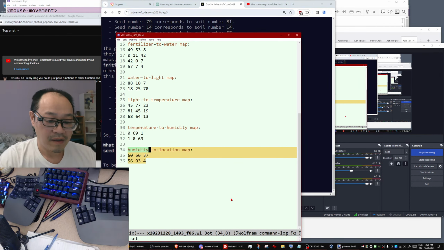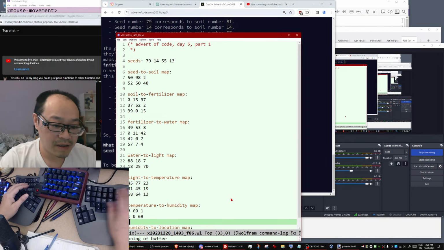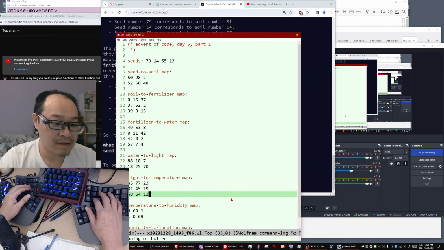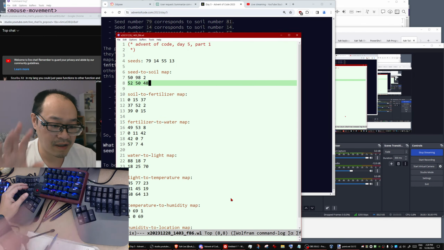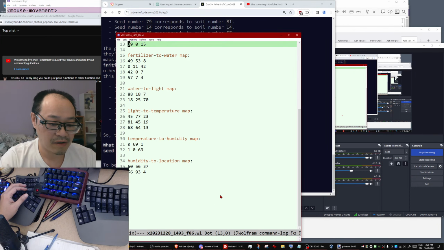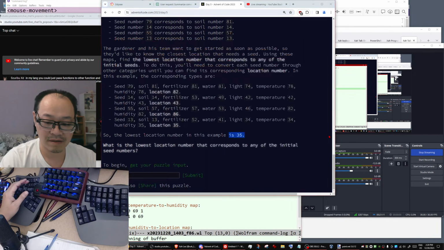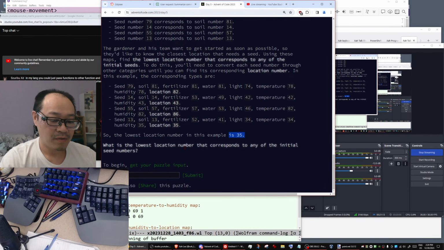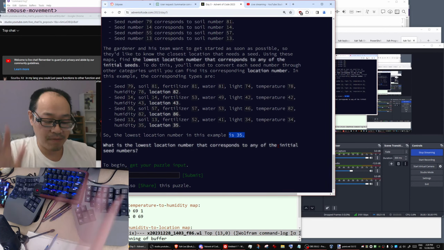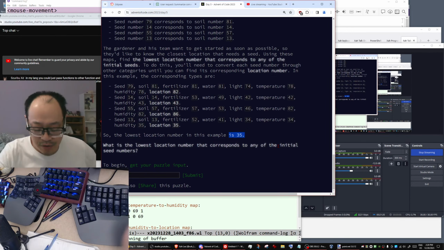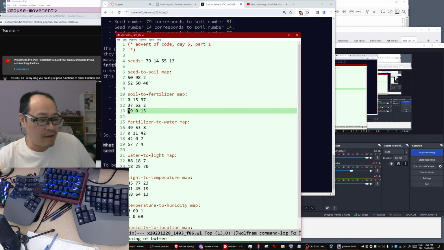Now this time the input is not just one single text file. It's kind of a jumbled mess. So you just hard code it. Yeah, I suppose you can. So what is the lowest location number that corresponds to any of the initial seed numbers? Okay, problem understood. Let's begin coding it. Let me read the